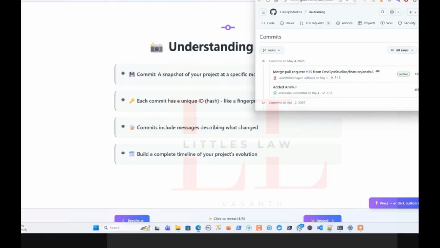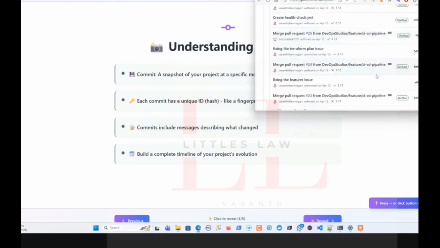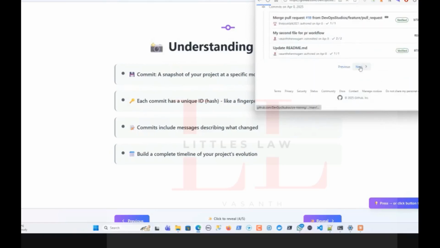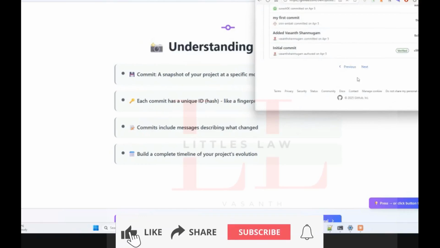If you see here, I'm showing all the time. I think there are a few more commits. Yeah. So if you see, the very first date could be even further. But every single commit will be there. You will have the entire history of your work. And